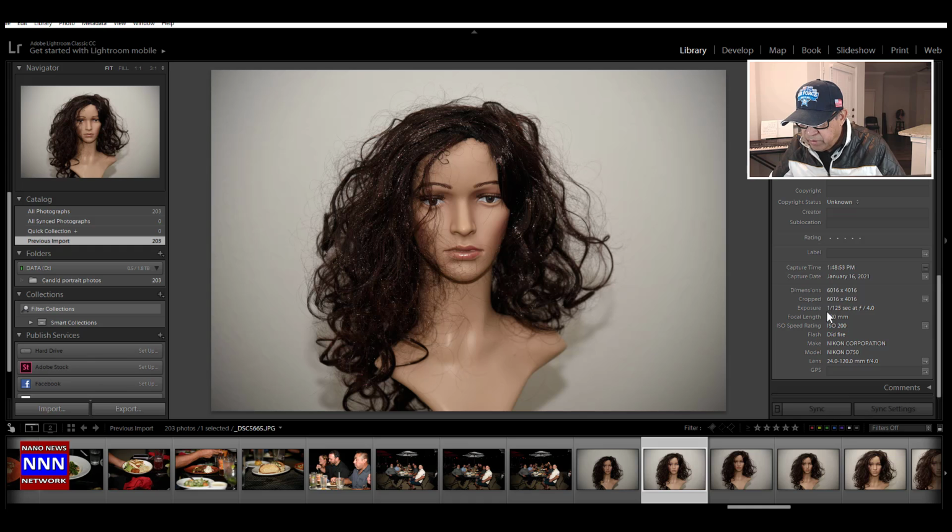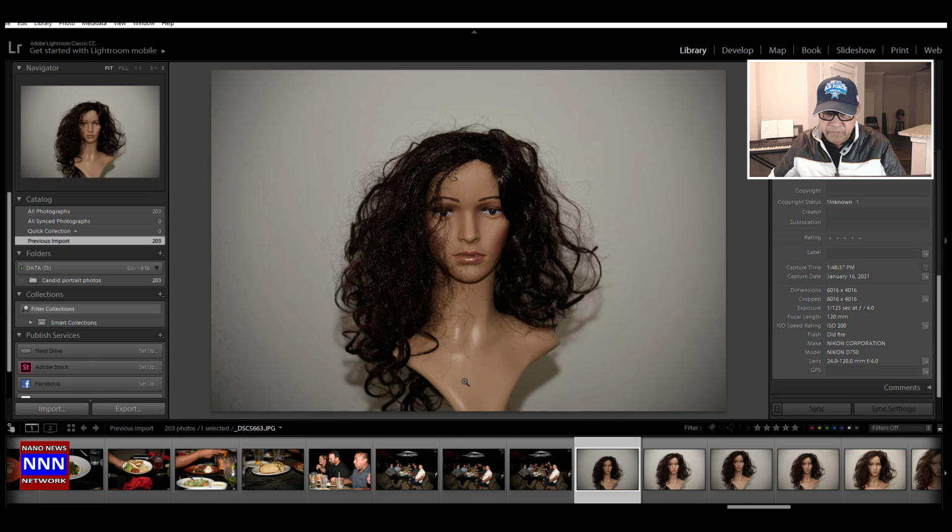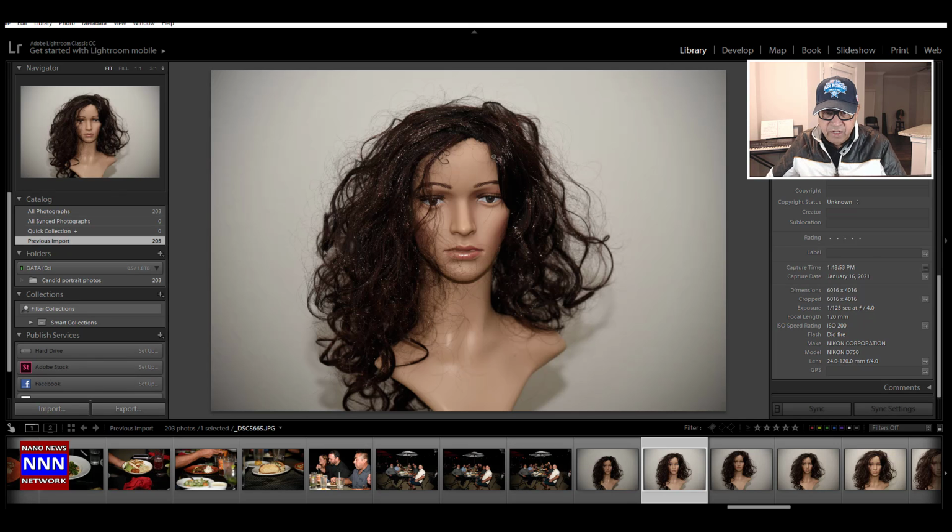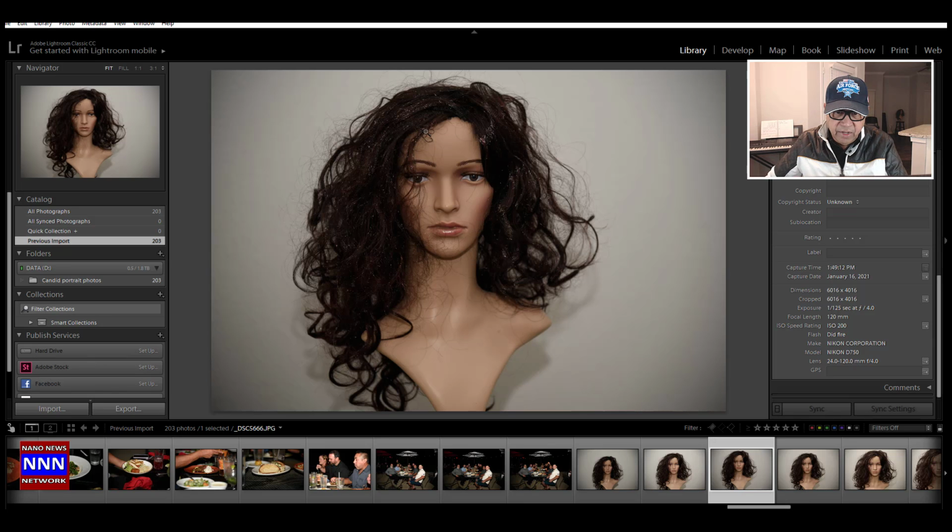Here it was 1/25 of a second, f4.0, full 120 millimeter focal length. Now the flash did fire, and maybe I'm getting a little bit closer to the model, because if you look at the size of the model, I'm getting closer and closer to the model. As I get closer and closer, I can see the objects are still sharp,